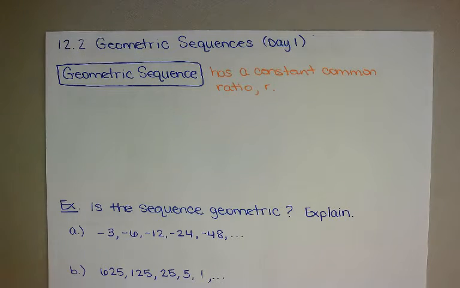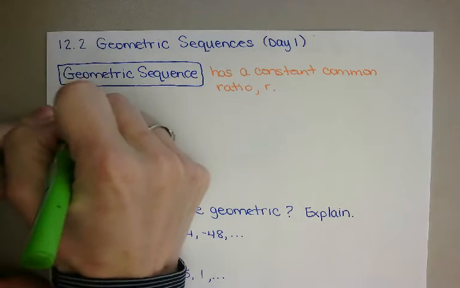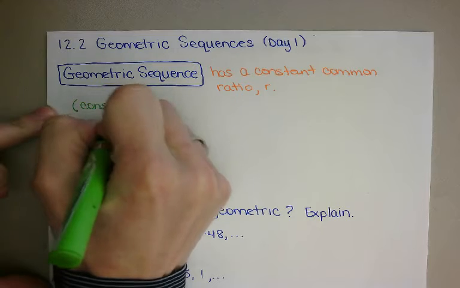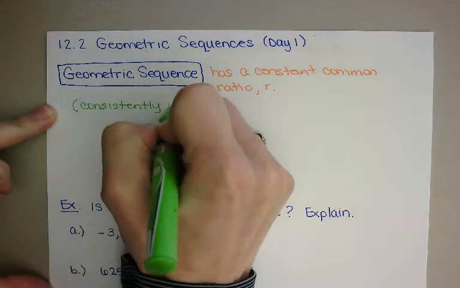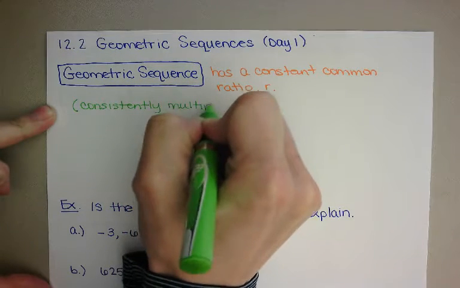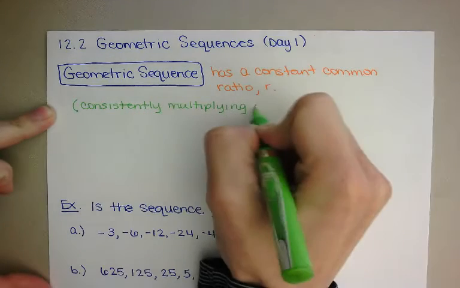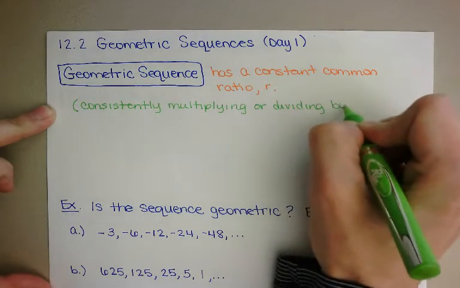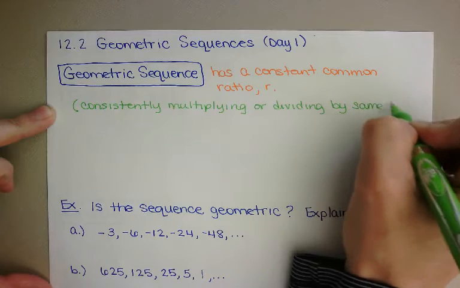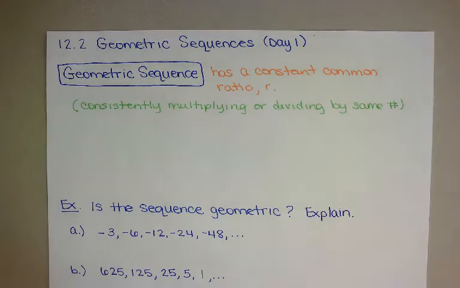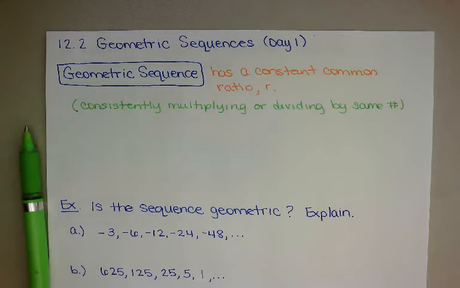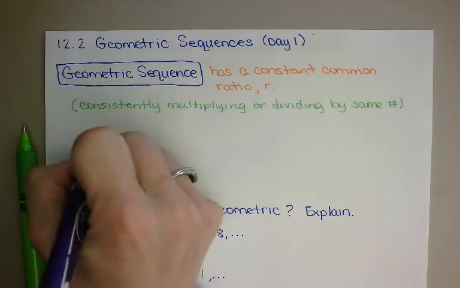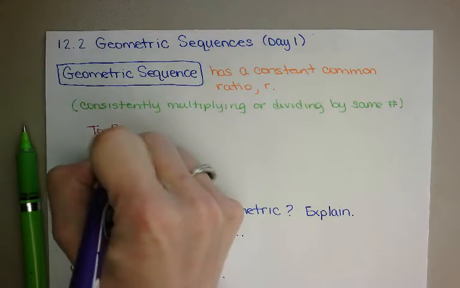All right, so they are consistently multiplying or dividing by the same number. There's going to be times where you might not be able to identify what they are multiplying by or what they are dividing by. So to figure out the ratio,